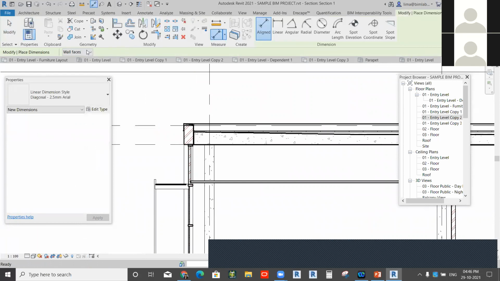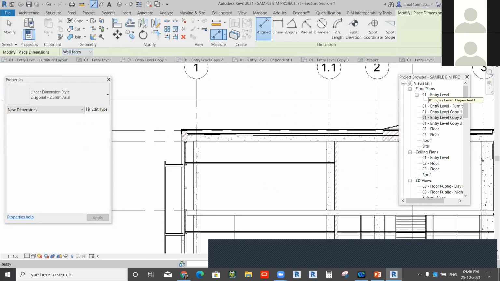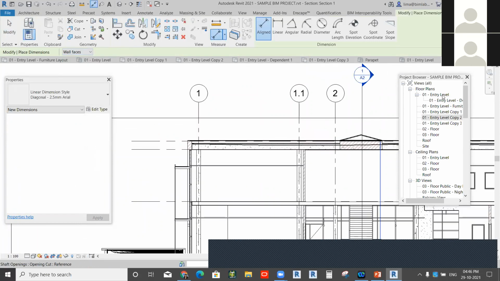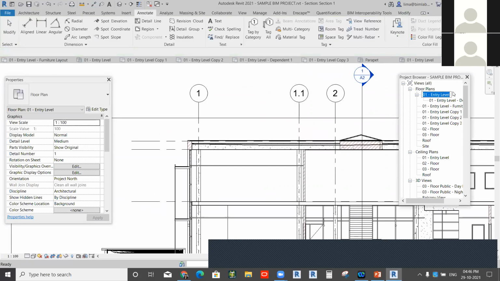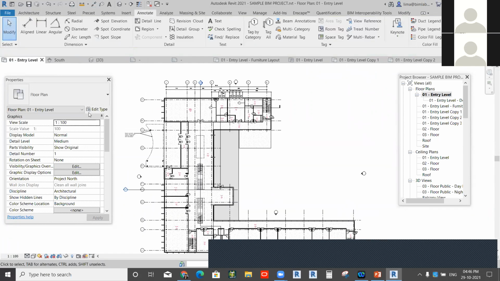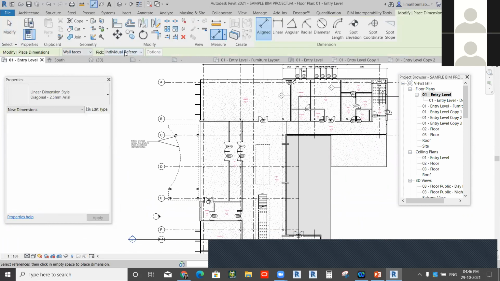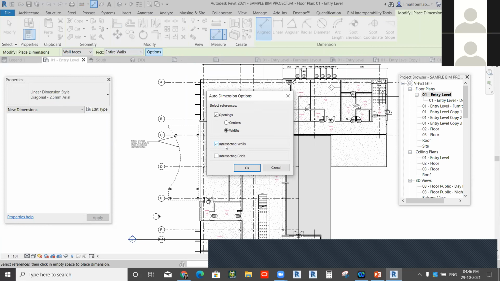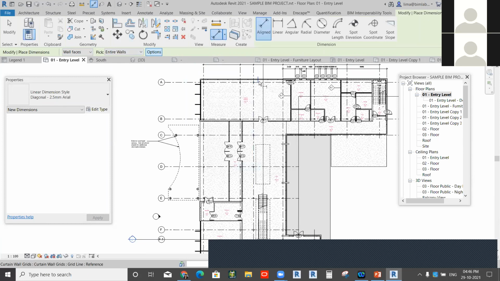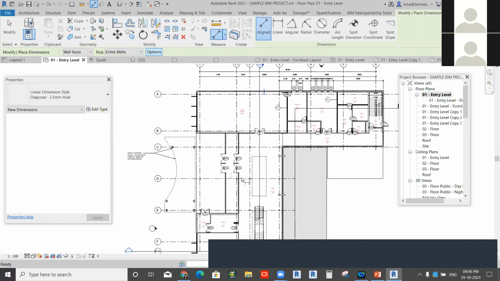Or in the floor plan also, any type of dimension you want, you can go for that. There are individual references, and the entire wall option. If I choose the entire wall, I can go for the intersecting wall option, just simply picking my area.